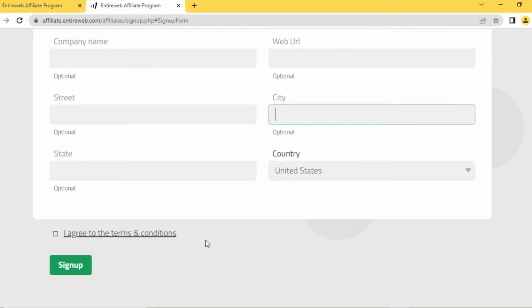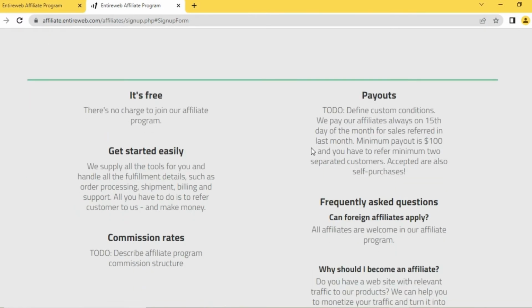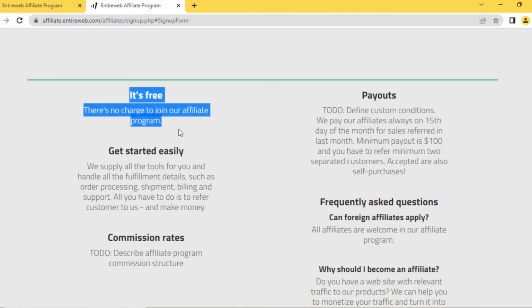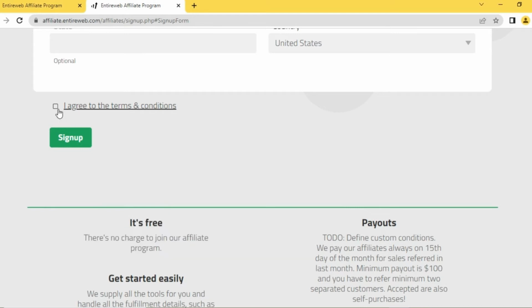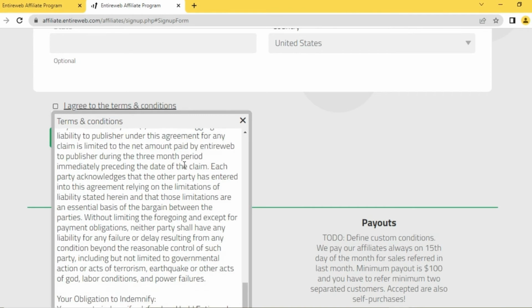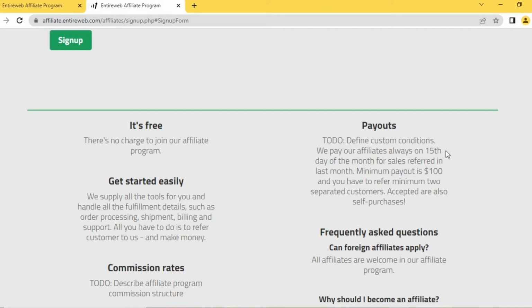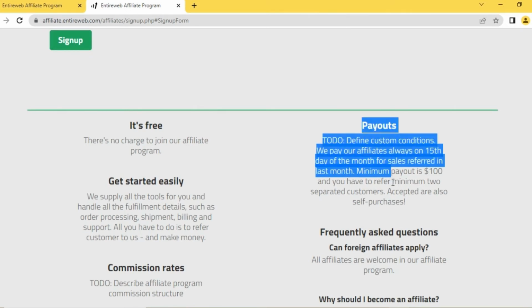Furthermore, they accept a variety of additional payment options as well, and after supplying all of the necessary information, only their terms and conditions will be required to be reviewed. And if you agree with it, all you have to do now is click on Sign Up to bring everything to a conclusion. This will take you around 1 minute to complete as part of your registration.